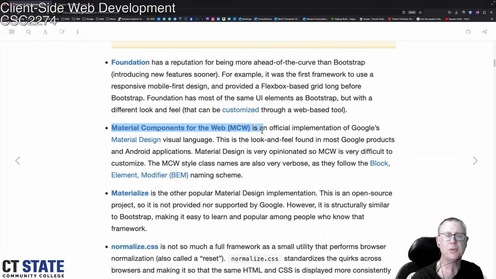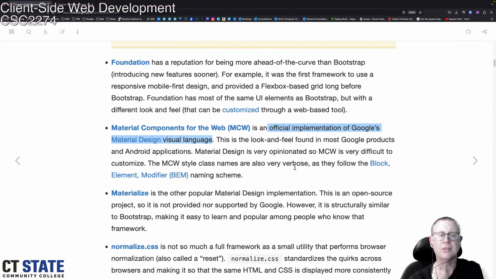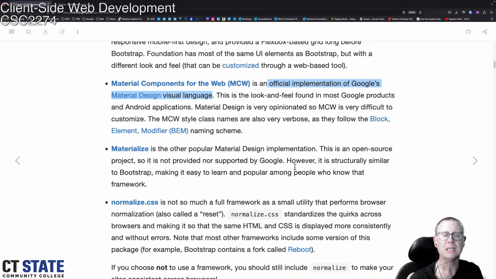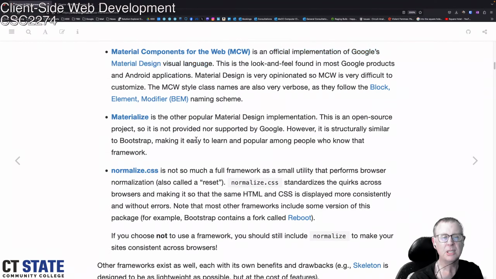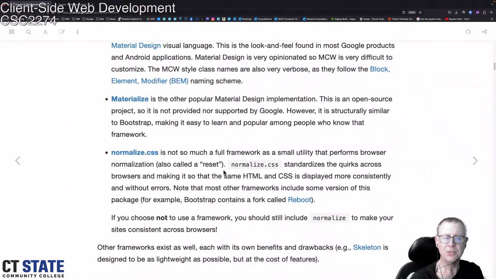Material Components for the Web is an official implementation of Google's Material Design visual language, and so Google products and Android applications look and feel like that. There's Materialize,